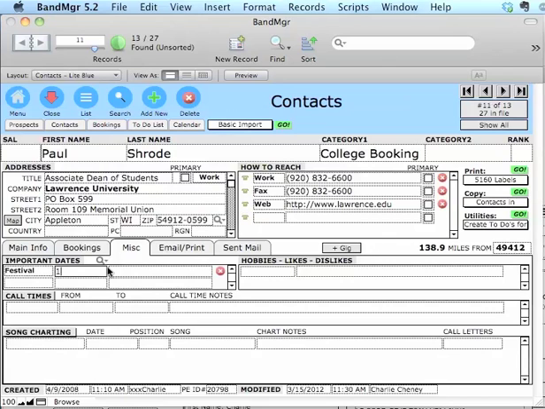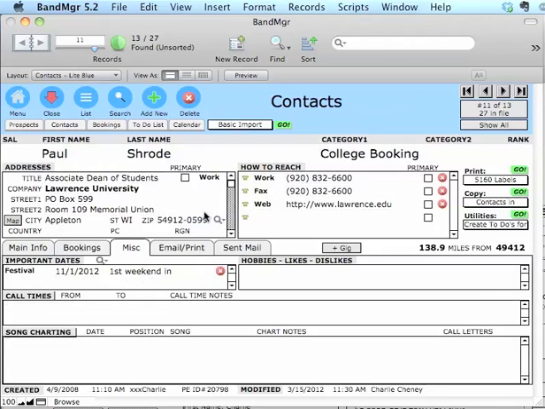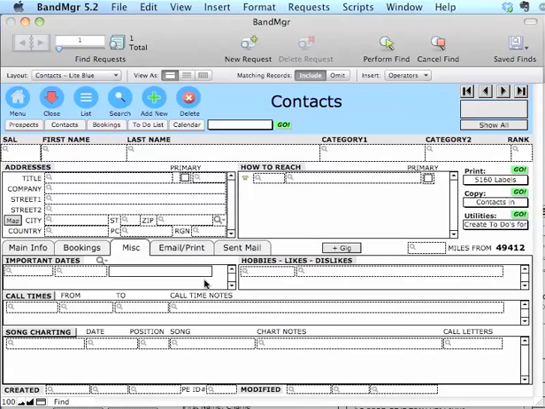So let's say it's in the first week in November is when this festival happens. Right? And I can even type in text here, first weekend in November. All right? So now what I ought to be able to do is do a search for November or October. So let's say I do a new search, I hit the search button, and I go in here into the text and I type October, or I type first weekend October,